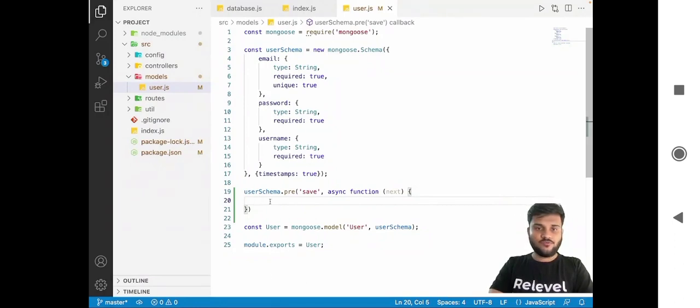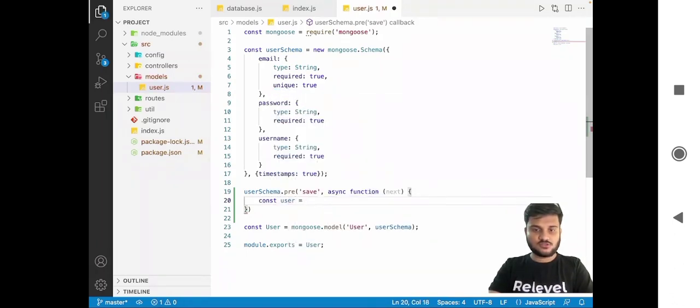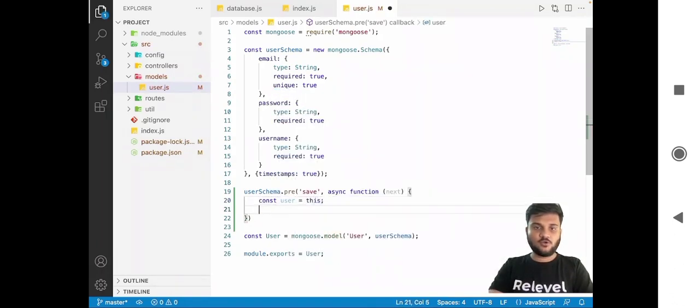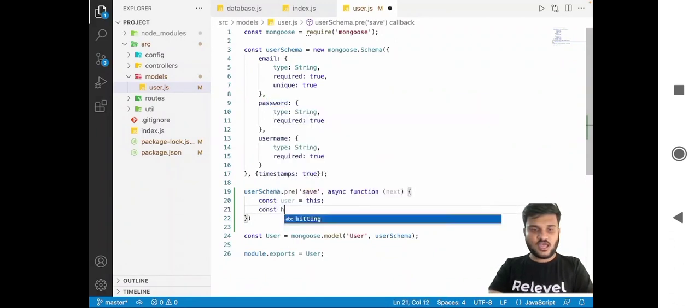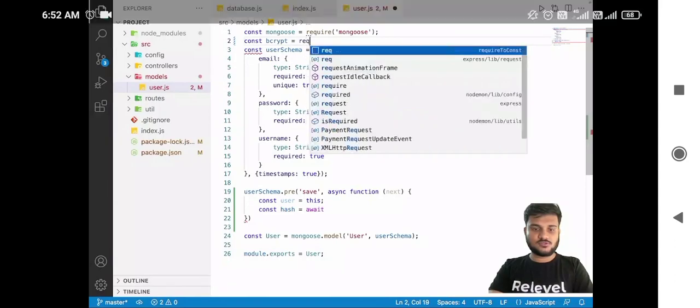Okay. And now what we are going to do is we are going to say const user is equals to this. The current object that you are going to come up with is going to be the user, right? And then we'll say const hash is equals to await bcrypt. So we need to require bcrypt. So const bcrypt is equals to require